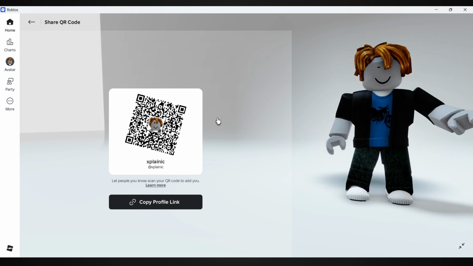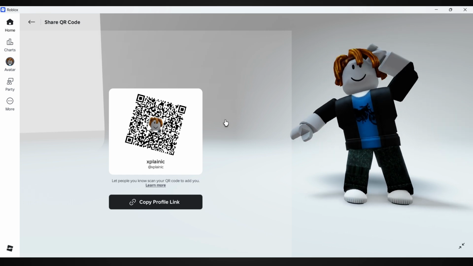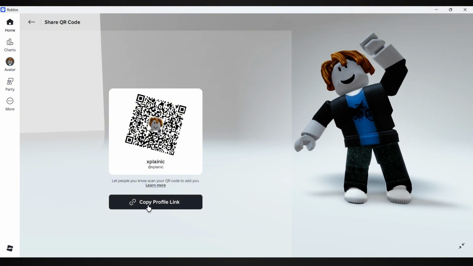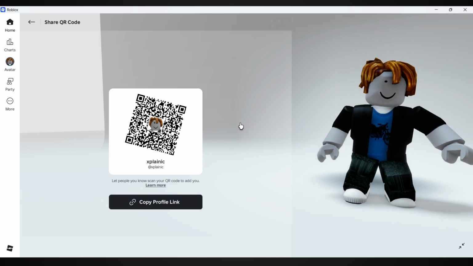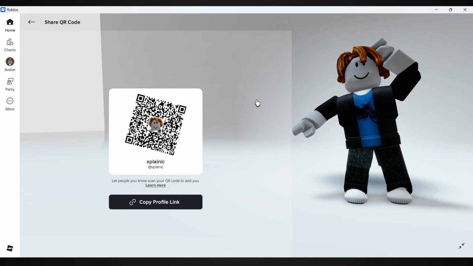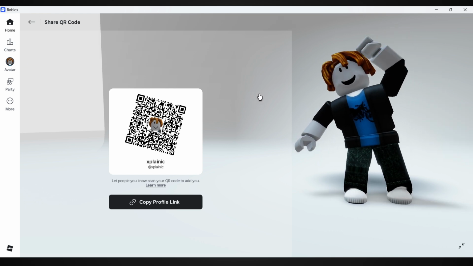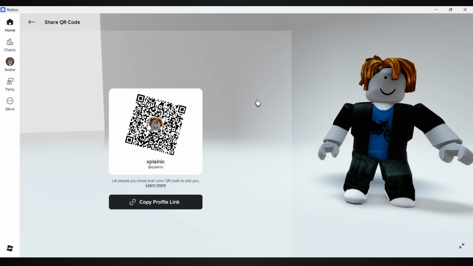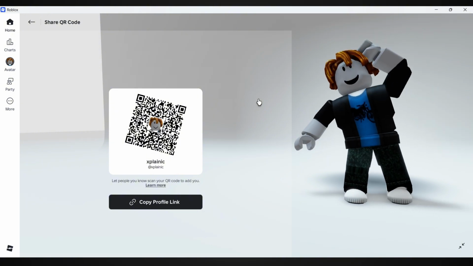Once both accounts are verified, they can scan your QR code directly from their device using the QR scanner inside Roblox, or you can copy your profile link and send it to them instead. As soon as they scan the code or open the link, they'll be able to add you instantly. And that's it. Once the link is opened or the code is scanned, the trusted connection will be successfully created between both of you. That's the easiest way to add trusted connections on